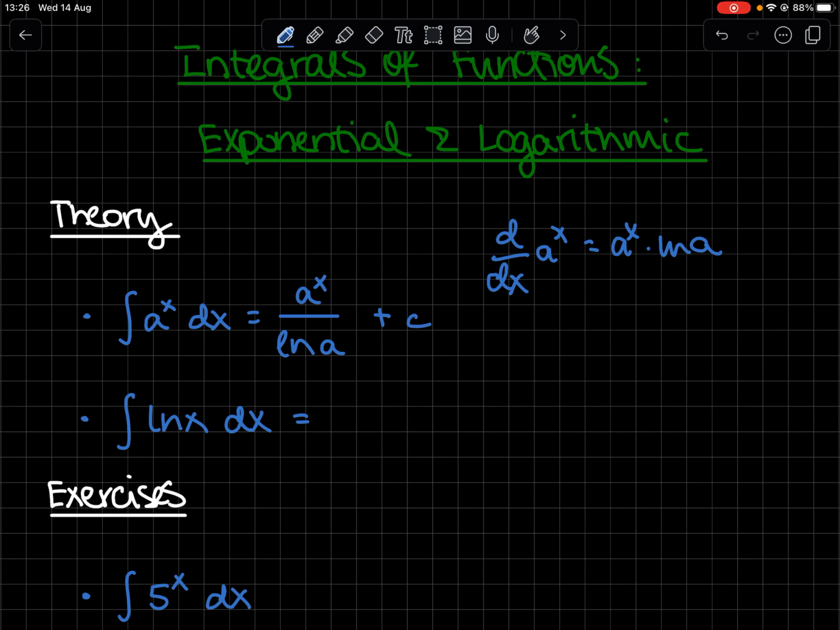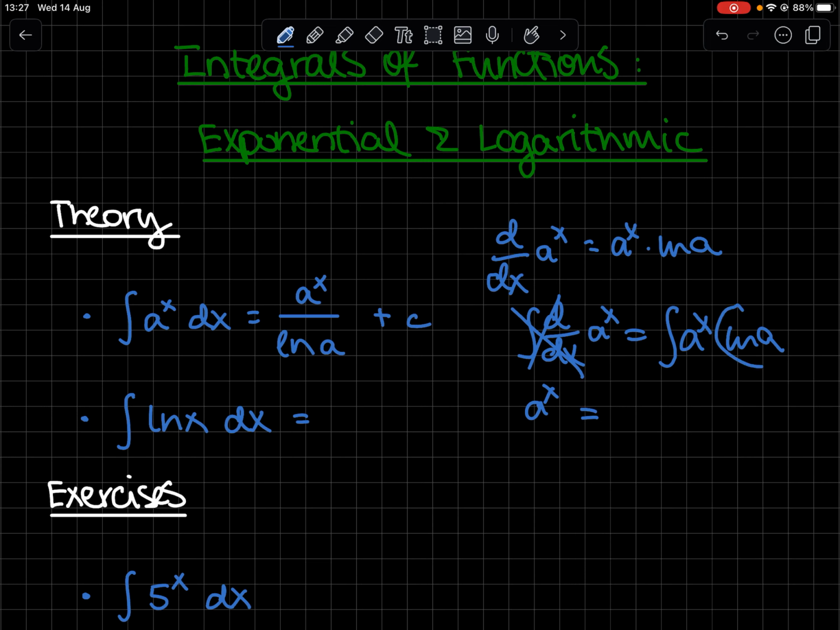Next, we can integrate both sides. So we get that the integral of the derivative with respect to x of a to the power of x dx, sorry, let's just leave it like that, is equal to the integral of a to the power of x times the ln of a. Next, the integral and derivative will cancel out, so we're just left with a to the power of x equals,